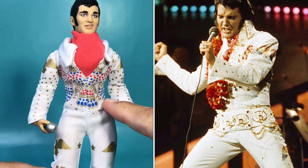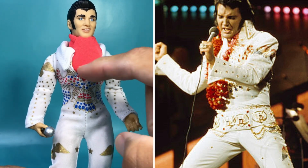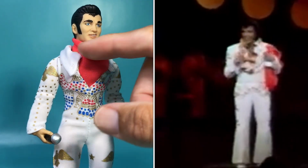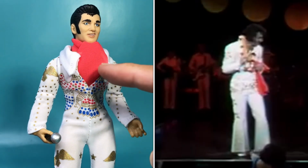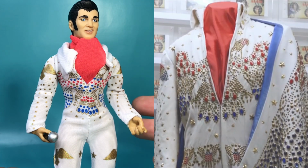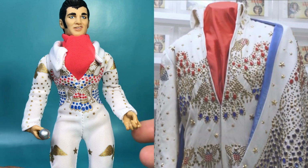He is missing the belt, the leis, those traditional Hawaiian things. He didn't wear an ascot like this. He wore it kind of halfway almost around his neck, and he quickly gave it away. The reason they gave him this ascot, I think, was because of a photo they used. They might have used this one, which is a still shot of just the jumpsuit by itself and not Elvis